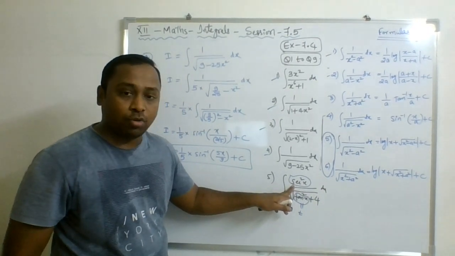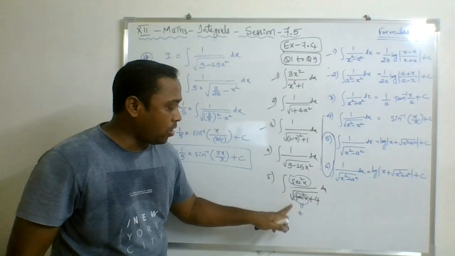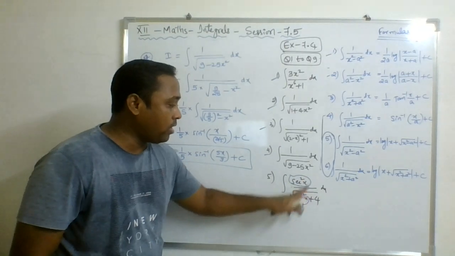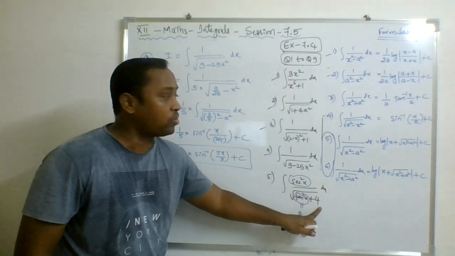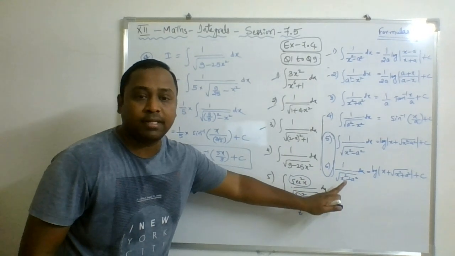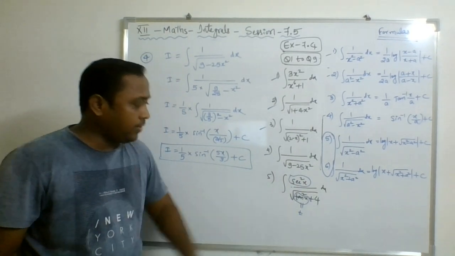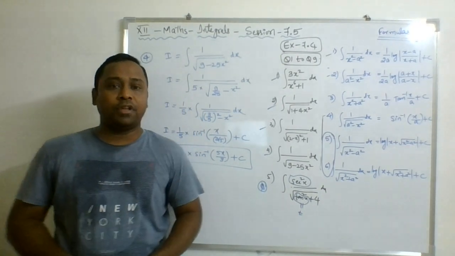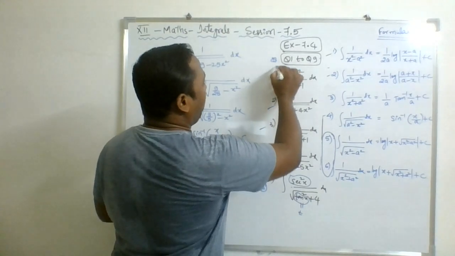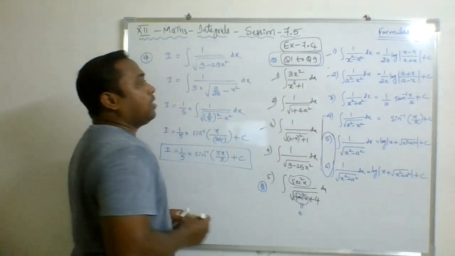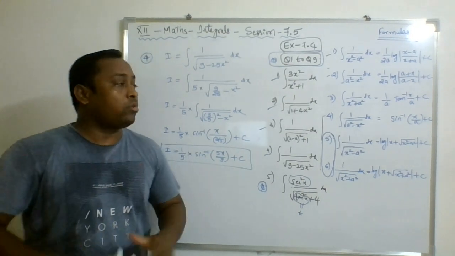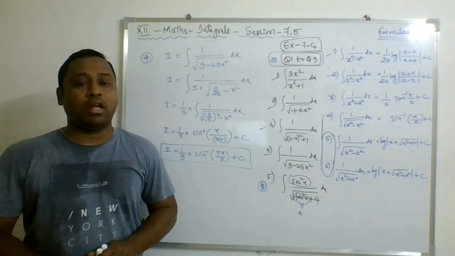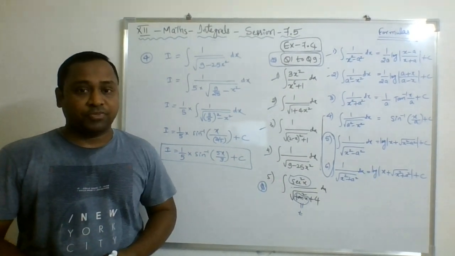Then the derivative will vanish over here. Then we are left with 1 upon under root of t square plus 4. 4 can be written as 2 square. Hence 1 upon under root of t square plus 2 square. That is again formula number 6. So take this hint and just do it yourself, like a homework, and finish it off. And from the exercise, question number 1 to 9, please practice these sums and try to derive all these 6 formulas from your end also, and try to remember these formulas.